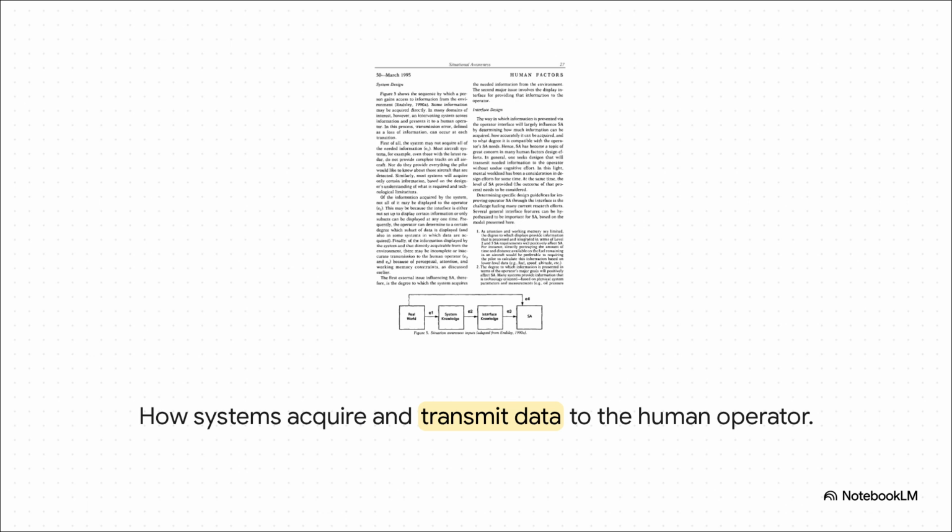Tracing the path from the real world on one side to the final human understanding on the other, you see that information can get lost at every single gap. The system sensors might just miss the data entirely, the interface might fail to display it. But the really critical points are where the interface fails to transmit the knowledge into the human's brain simply because of bad design. Bottom line, if the interface doesn't speak the brain's language, situation awareness crashes.